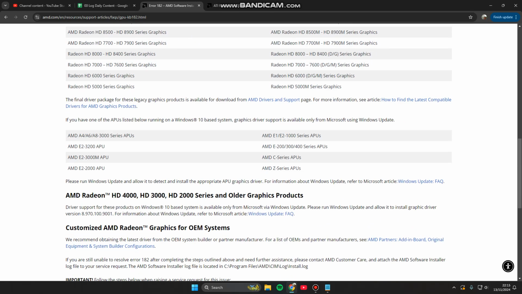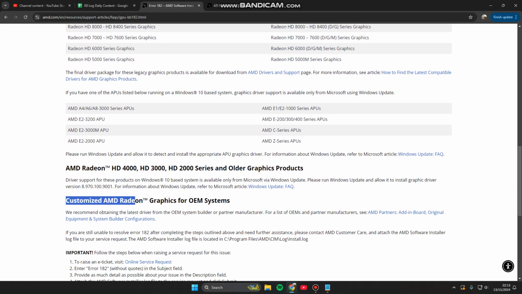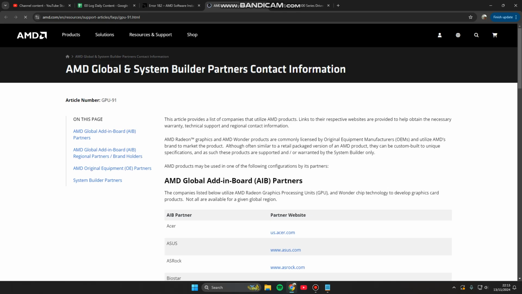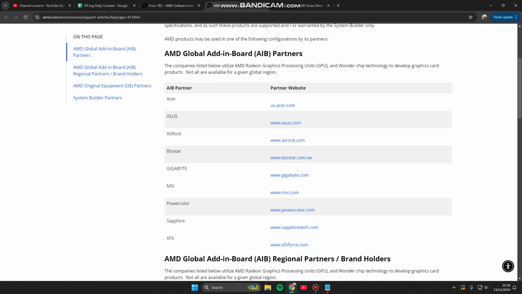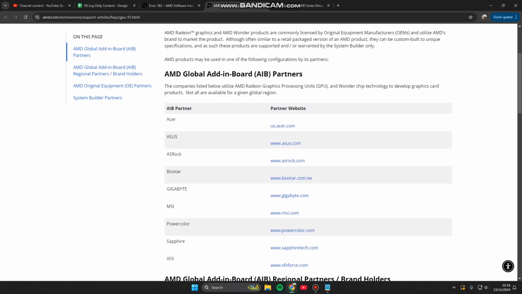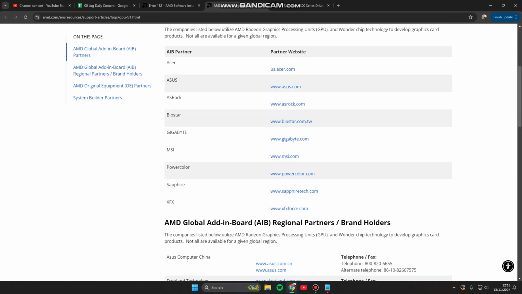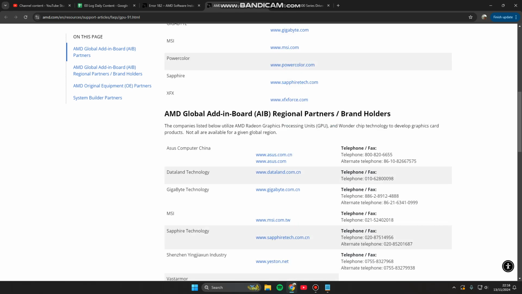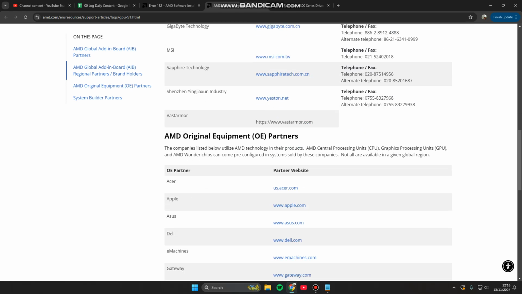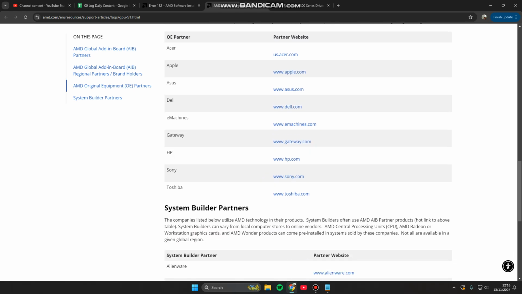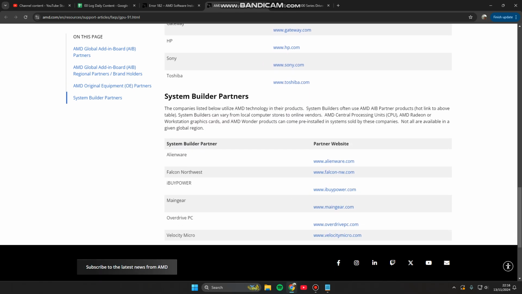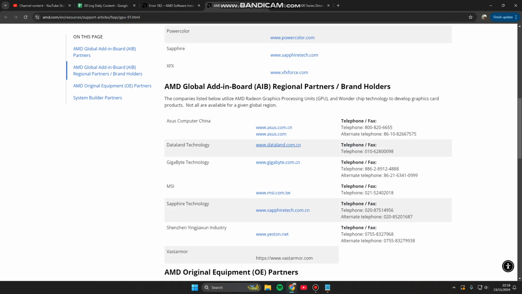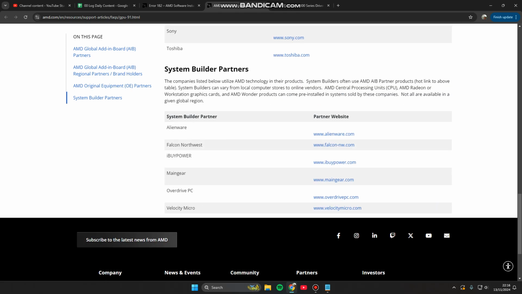And last is the OEM, customized AMD Radeon graphics for OEM systems. You have to visit the AMD partners' official website. Here is the list. Maybe you have one product from these manufacturers, Acer, Asus, Biostar, MSI, and so on, or AMD add-in board, or AMD original equipment, and system builder partner. So you can obtain the driver from this official website and try to download and install it on your